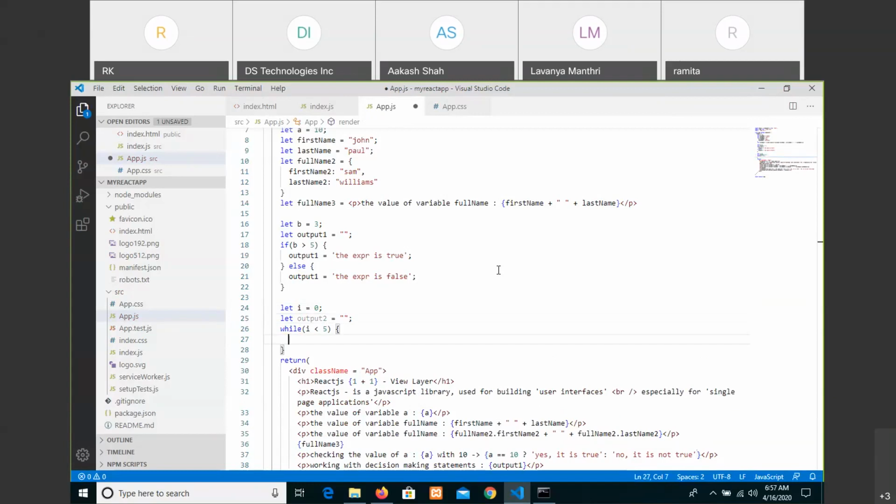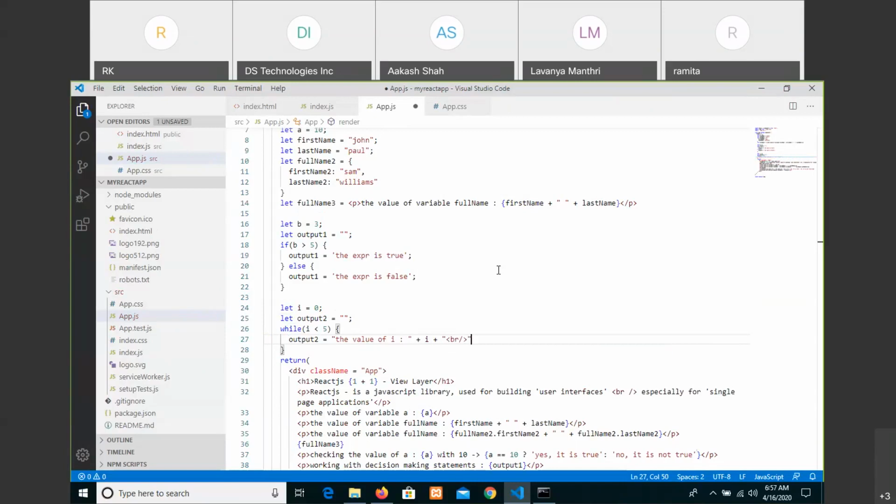And then when you enter into the block, you can say output 2 equals the value of I, and then